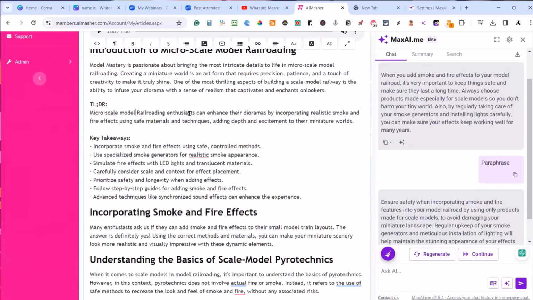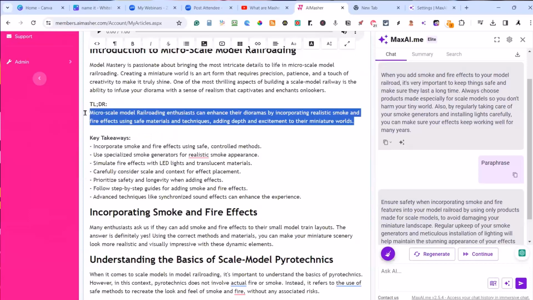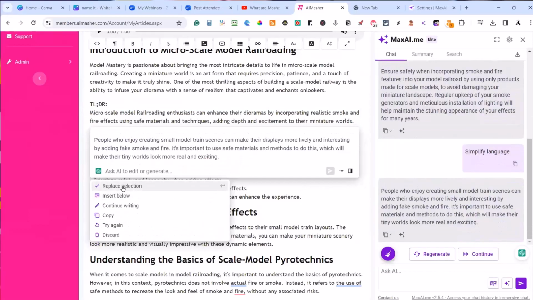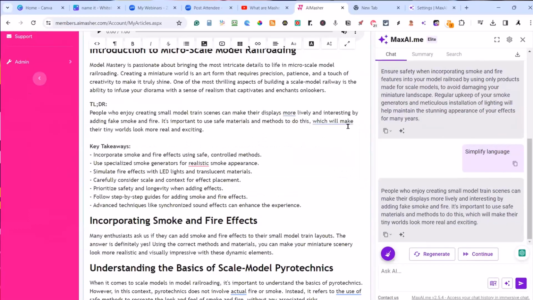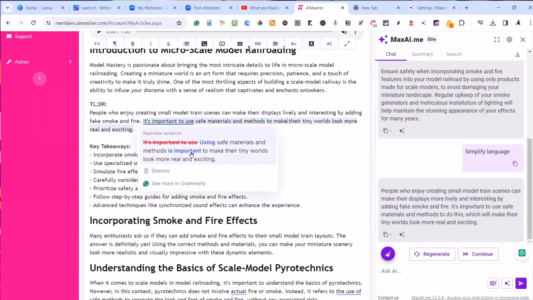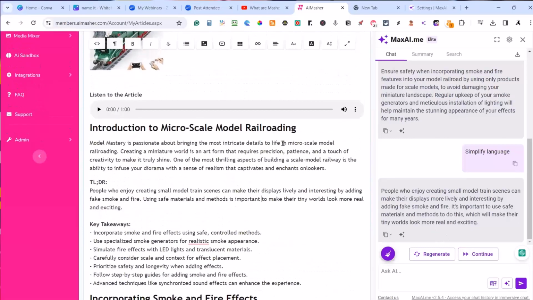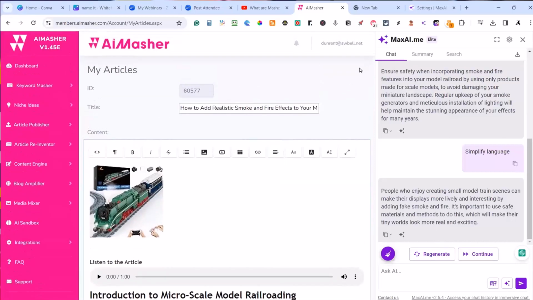Microscale model railroading enthusiasts can, and I would probably even rewrite that. Alt J, let's simplify. Hey, that actually sounds pretty good. That sounds like something I would write. Okay, so cool. It is important to make that may sound a little bit better. Any other questions? This is a really neat tool that we've incorporated into AI Masher that gives you the ability to really tune up this article before you push it over to your publisher,